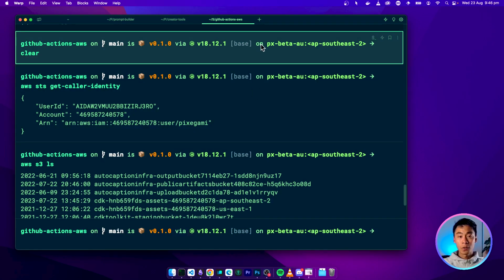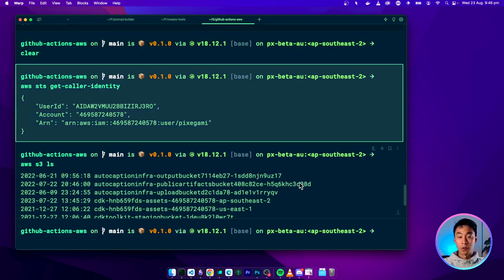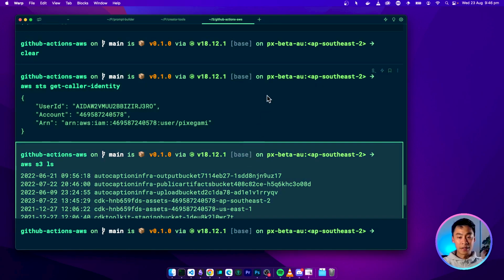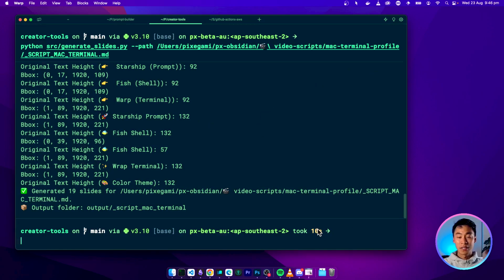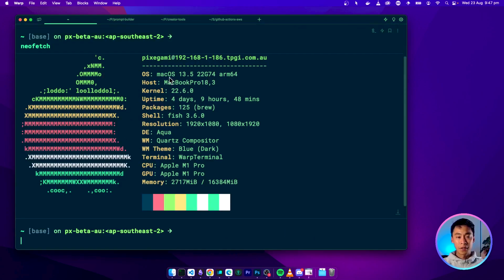Warp Terminal also creates these nice little execution containers for each of the commands that I run, and it will automatically time some commands for me as well so that when I run them, I know how long things take. And finally, I've configured it with this light green color theme that I really like and is quite easy on